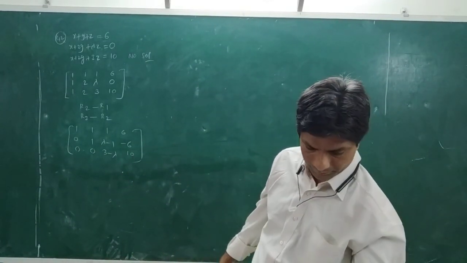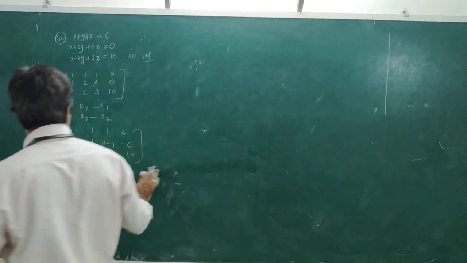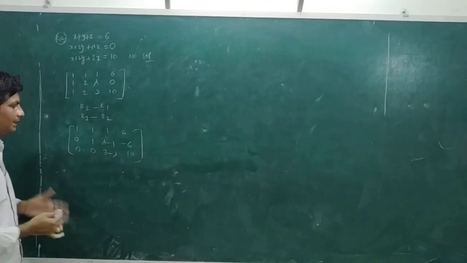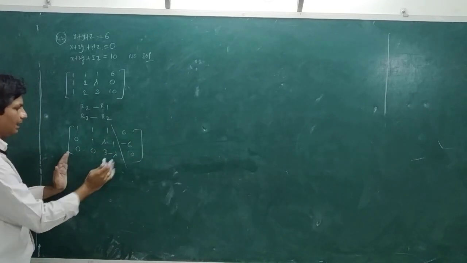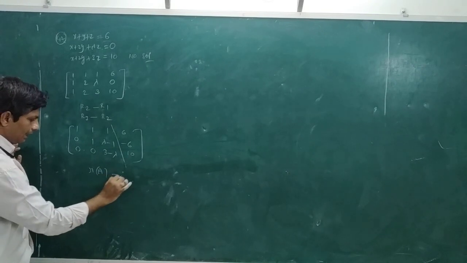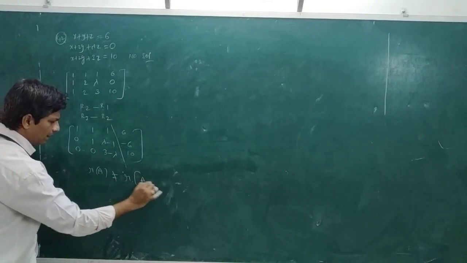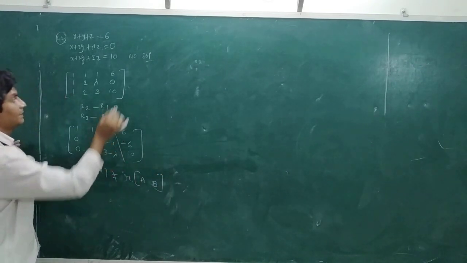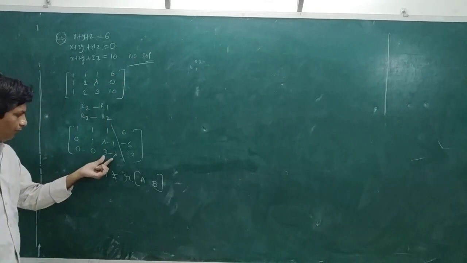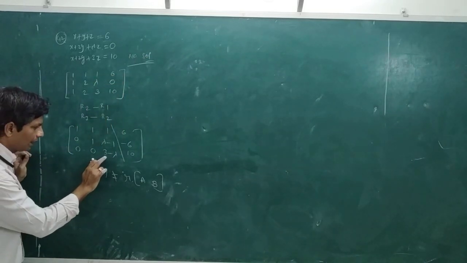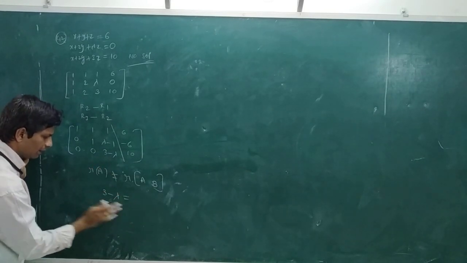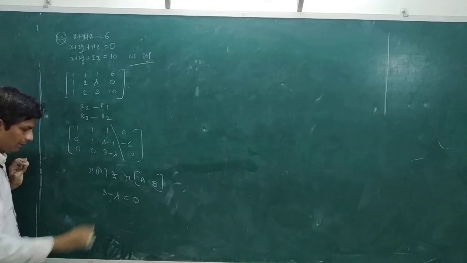Lambda is equal. Right. So this is the echelon form of the given matrix. What is A? This is A, and the complete matrix is AB. If rank of A is not equal to rank of AB, then only the system has no solution. Now, if you take 3 minus lambda not equal to 0, otherwise, if you take 3 minus lambda equal to 0, what will happen?